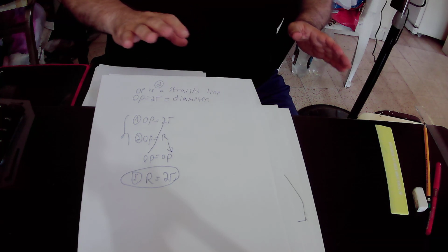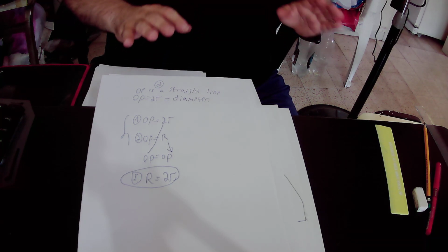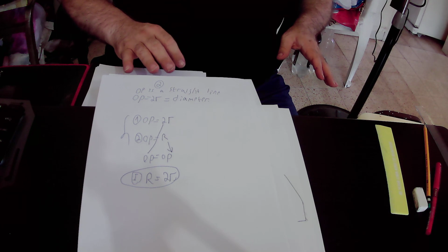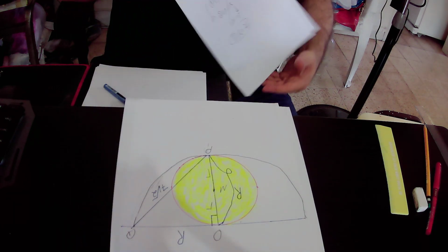So capital R equals 2 times small r will be our first equation, and